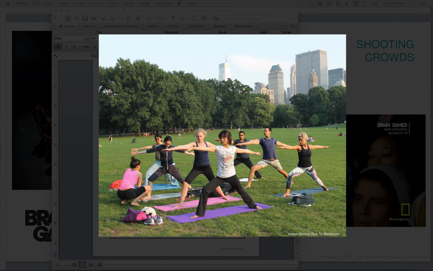So let's say, for example, you're working with a yoga instructor as your client and she is hosting yoga classes in the park, and you can't control who comes and goes in the background of this yoga class that you're going to be shooting. So there's two different approaches that you can take. You can choose the wait and see approach. So that's basically start setting up your shot, wait and see who happens to walk into the background, and then